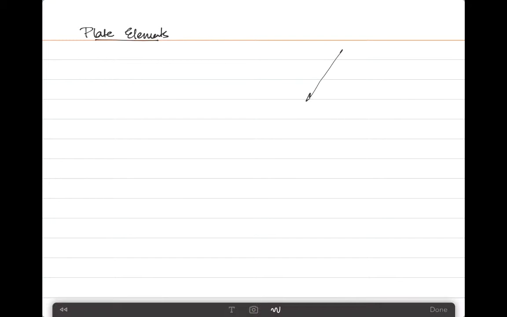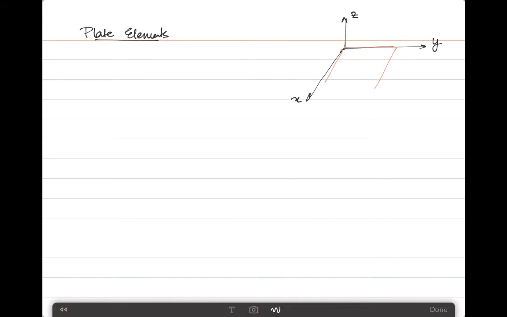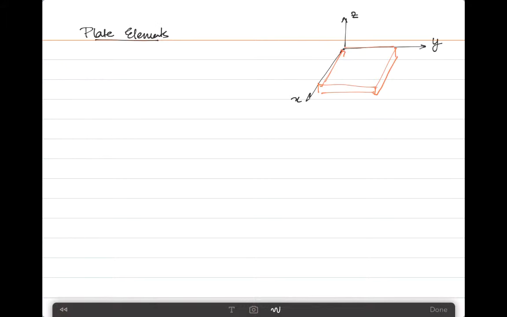Let's consider that a plate is lying in the xy plane. The z is the out of plane direction. We consider a thin plate over here. I'm just going to draw a certain element of it so I can show you the loads that are acting on it. The membrane forces that are acting on this per unit length, for example, can be given as Nx,